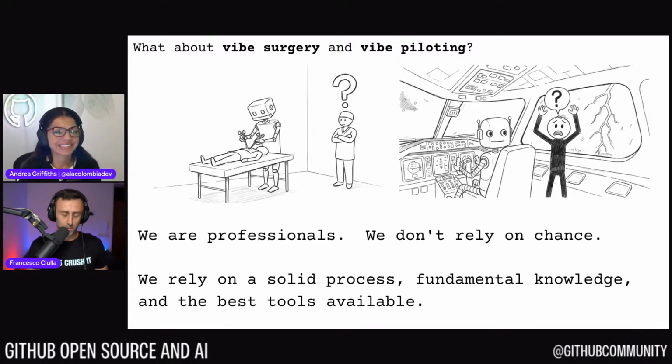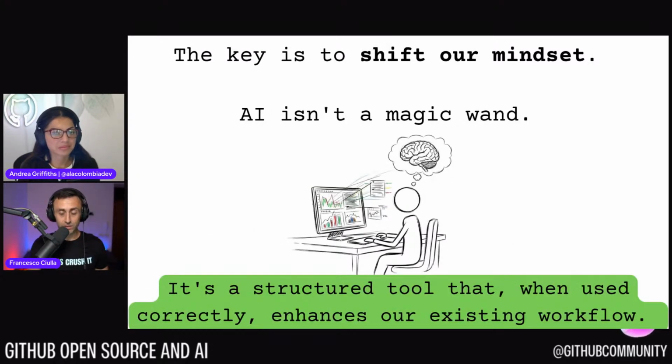The problem also, from our point of view as developers, is that we are professionals. We don't want to rely on AI because there might be different models, different outcomes. The outcome might change every time we make a different prompt. We should really rely on a solid process and also our knowledge about all these fundamentals and using the existing tools. And so the key is not to just let AI do all the stuff. AI is not a magic wand, but it's a structured tool that, if we use it correctly,